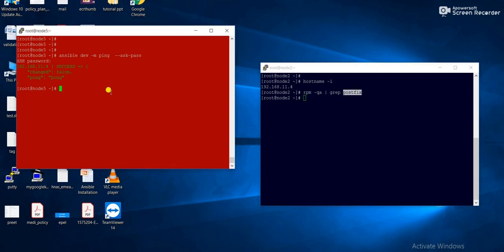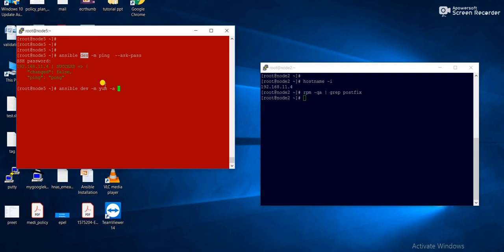So I have to run an adhoc command. This is called an adhoc command, ansible, then dev, since I will run it in the dev environment. Then what module will I use? -m yum module, to install the packages. Then -a for attribute.